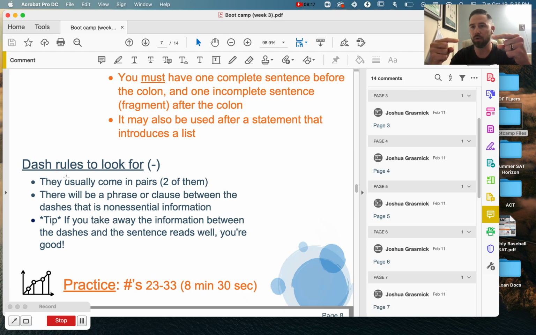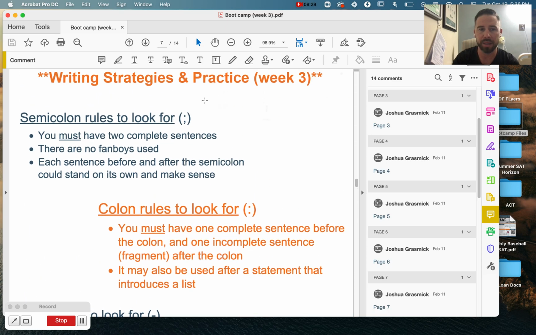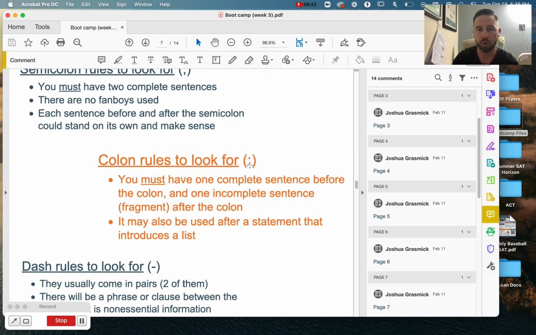The dash is a double. You always have a double dash, and it's just like the comma. It's that same descriptive phrase in between the two dashes. Okay, and the one thing I left out a little bit here is just that, for the colon, it could also introduce a list. Okay, so if you see a colon and then there's a list of items after,